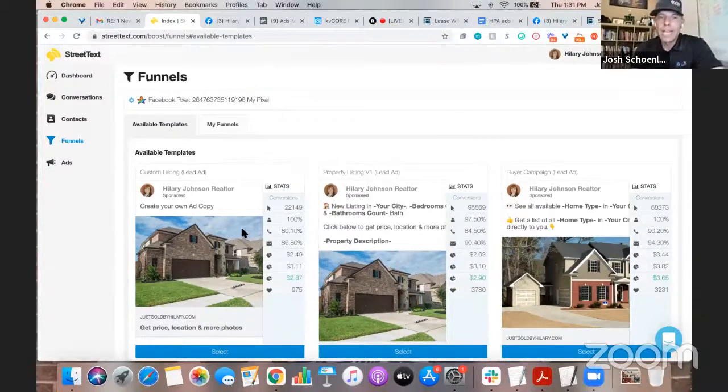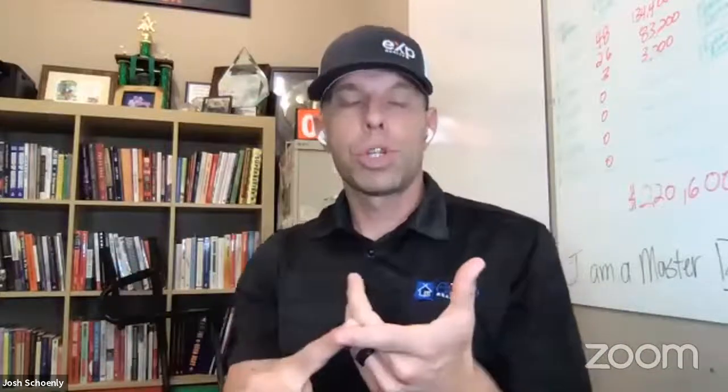Because anytime you're creating a lead generation type of campaign, there really only are a few different variables to test. The image is one, or the media assets. It could be an image, it could be a video. The copy or the text, and then lastly, the audience. Usually, or in every case, if you're not getting enough lead flow or lead opportunity, it's one or more of those things. So, you know, I kind of slogged through that a little bit, but I hope that was helpful for you,